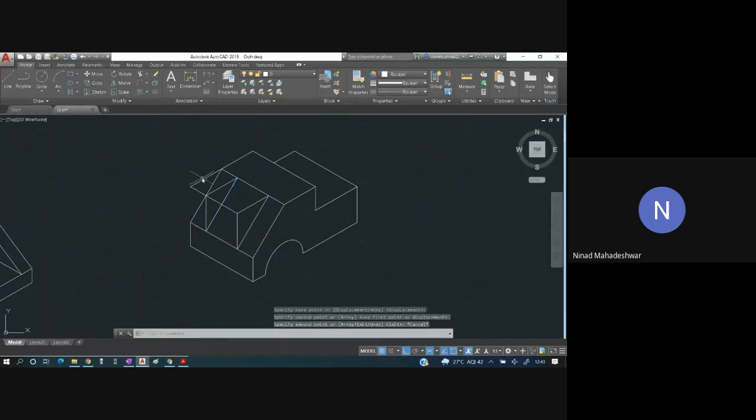After this, whatever the upper part is, delete or trim it. Once you do this, this part will not be visible now, this part will be visible. This part is also now gone.